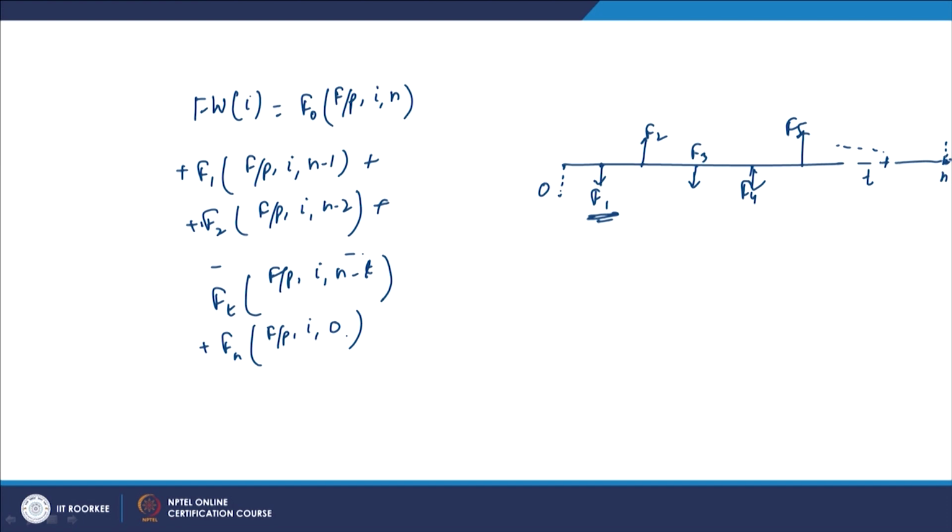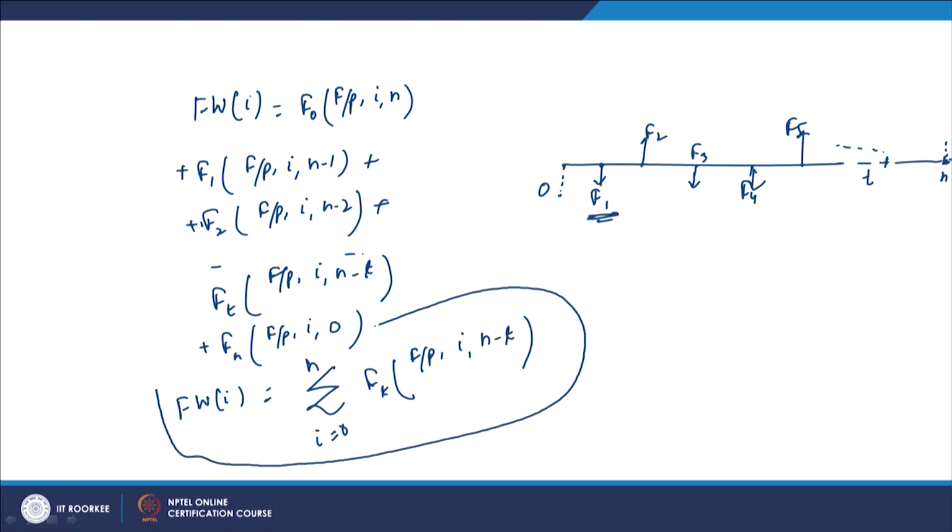So when we write FWi, it will be the summation from t equal to 0 to n of Ft into f by p i n minus t. So we are taking the summation and getting the future value, future worth,